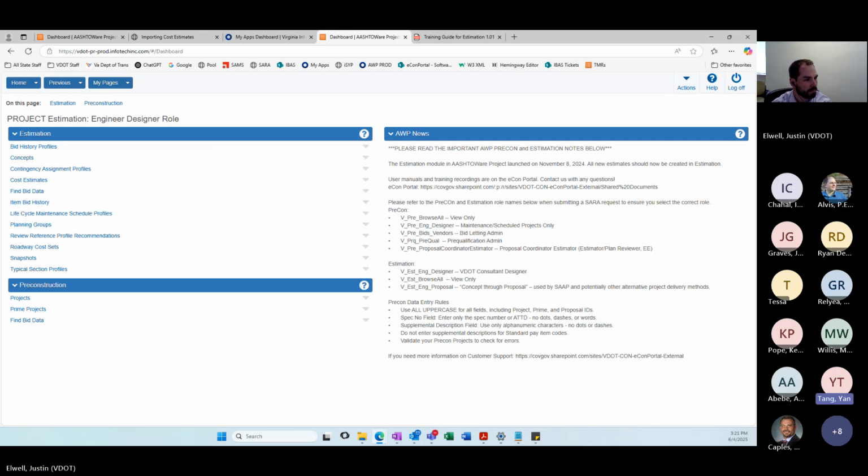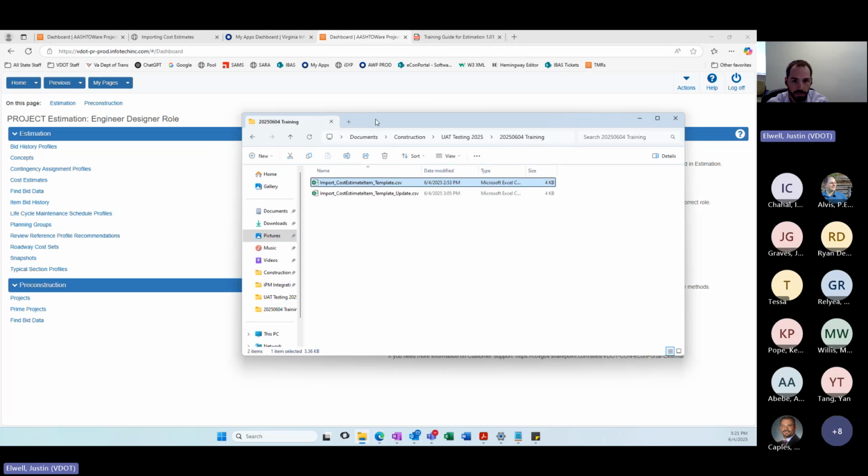Okay, so in the near future, if someone else in my company wants to have access to estimation, what kind of process do they have to go through? It's a great question, one that we've been navigating a decent amount lately. There is a job aid that we have. Let's see if I can pull this up.